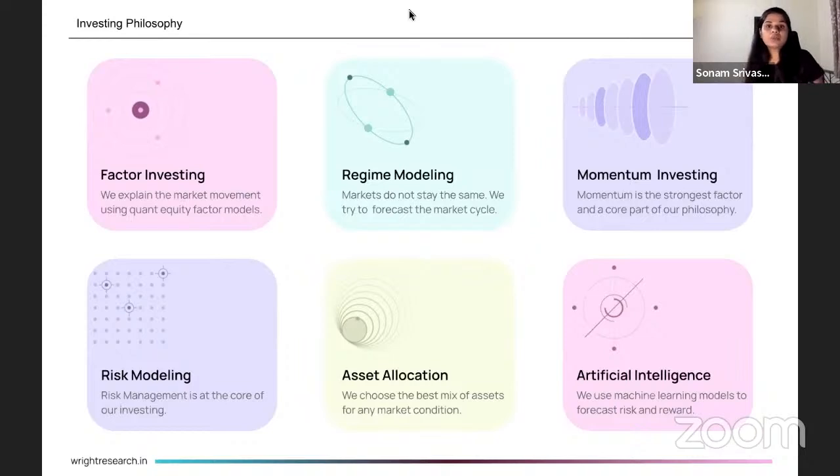Also, a quant algorithm can look at a lot of data, right? An analyst might be limited to, this is a set of 50 companies that I cover and I won't go beyond it. But a quant advisor can apply the same algorithm to any number of stocks. Similarly, a typical investor is limited by a certain philosophy he follows, right? The typical investor might say that I will only look at fundamentals and pick value stocks, or I will only look at high quality stocks. That is my philosophy. A quant researcher does not have to have that bias. You can look at a number of things in the market and invest based on that.